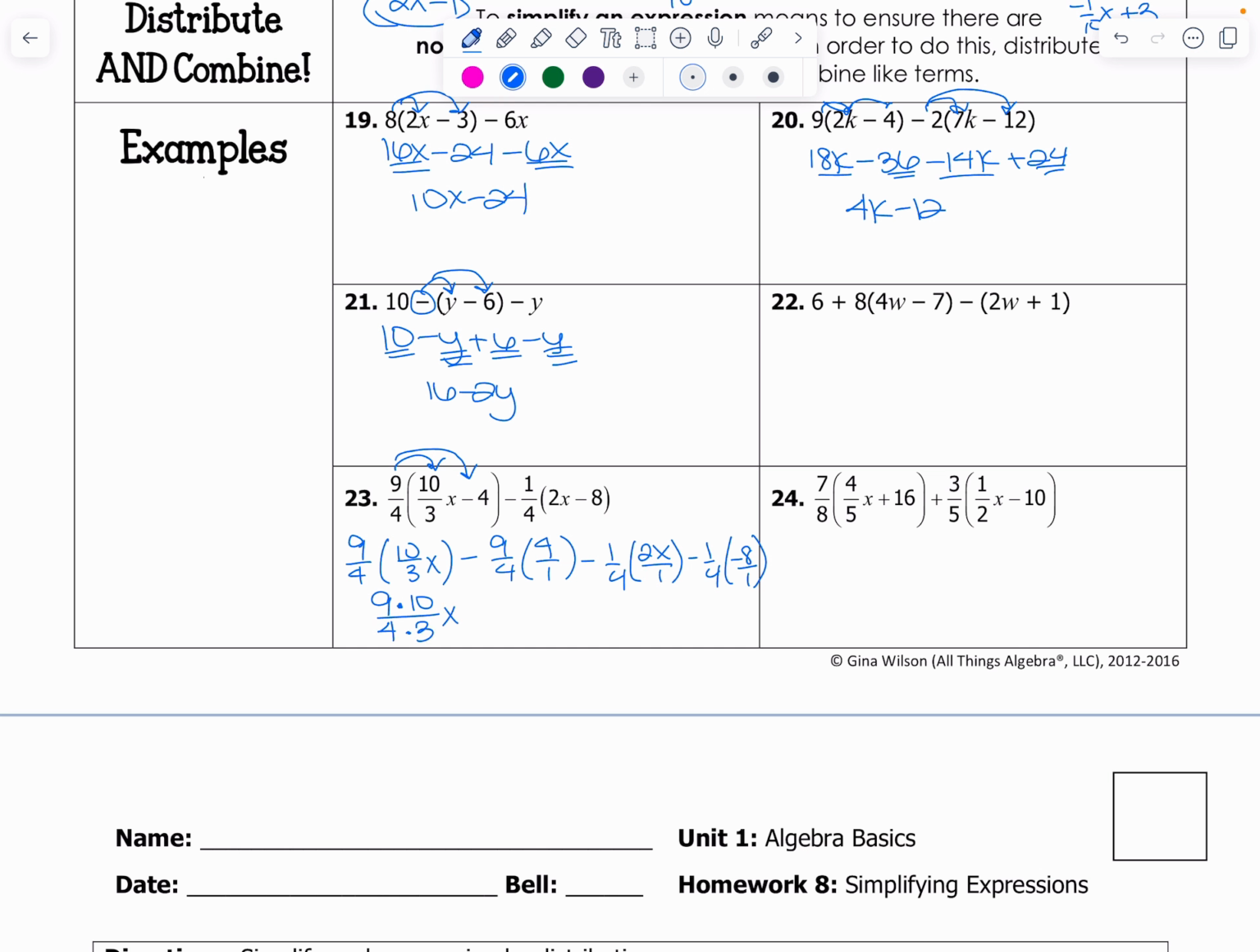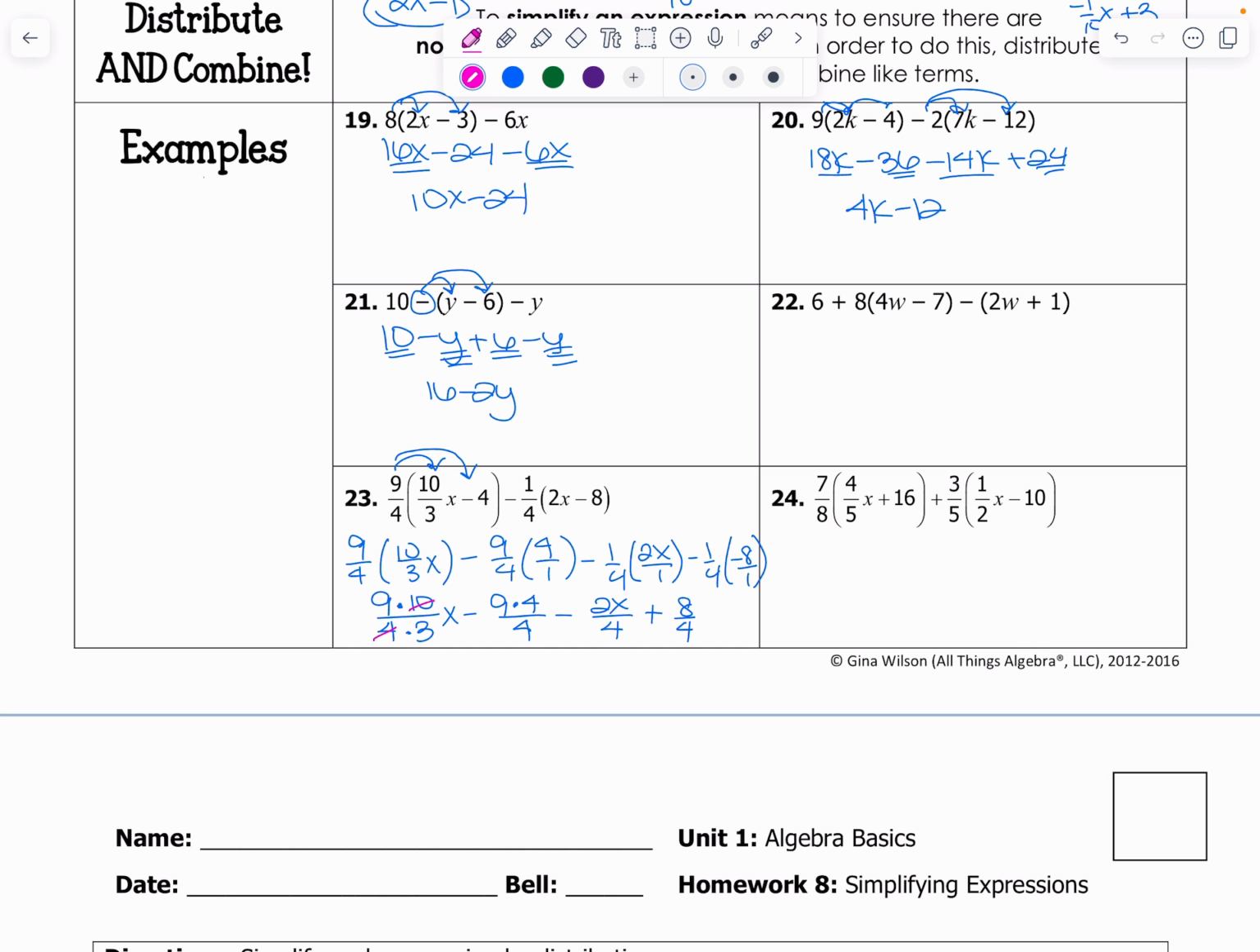I'm just going to write it out without actually multiplying everything through. So 9 times 4 over 4. And then a minus 2x over 4. And then a plus 8 over 4. Okay, just so that way, without actually multiplying and getting 90 over 12, what you can see is that the